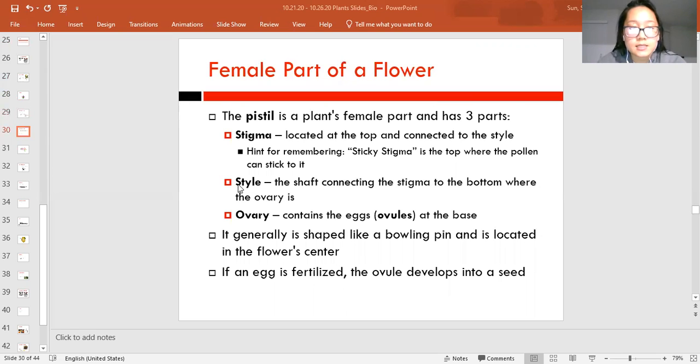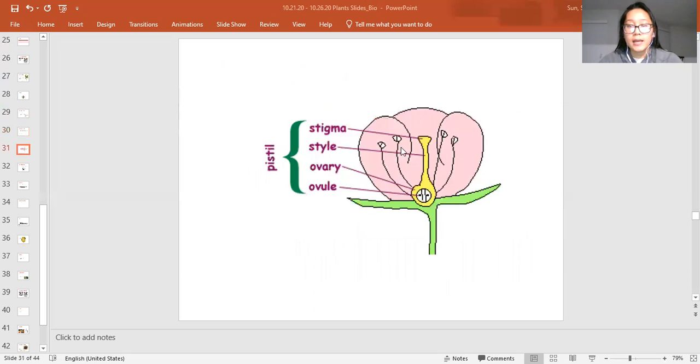The next part is the style. The style is the shaft connecting the stigma to the bottom where the ovary is. So again, the style is literally just a spacing material. And you see this whole thing right here, it's labeled as the style. So the stigma at the top is attached to the style, and the style is attached to the ovary at